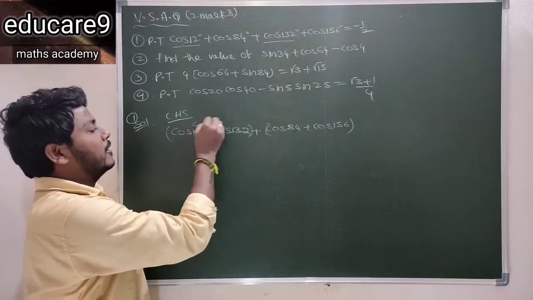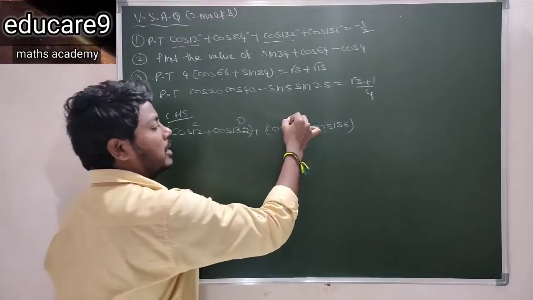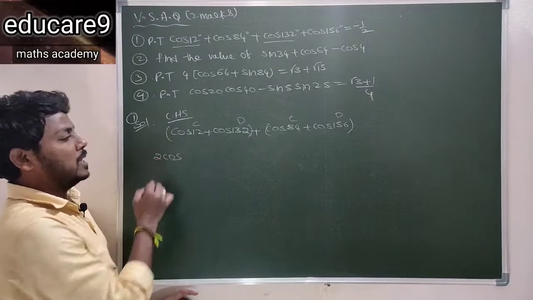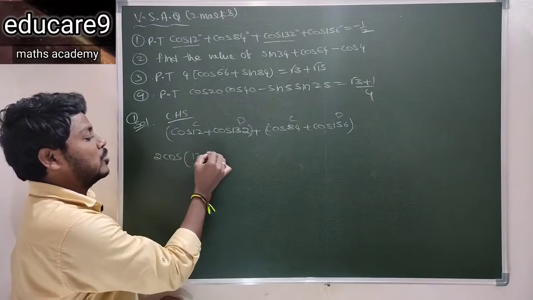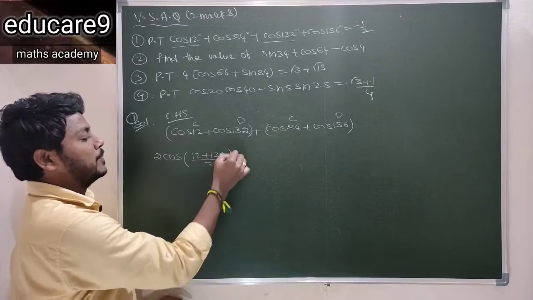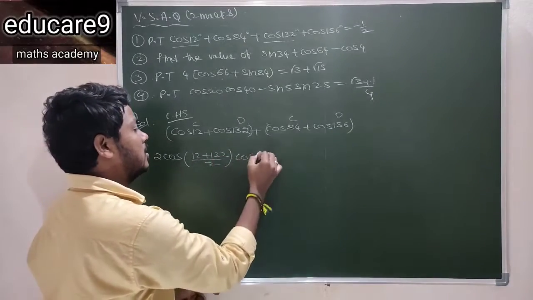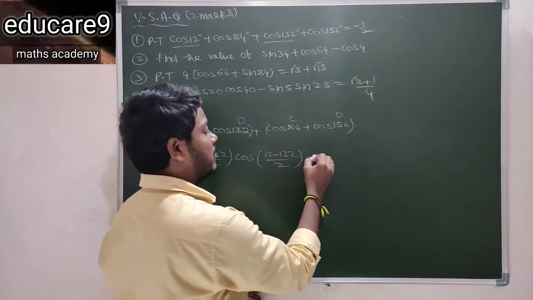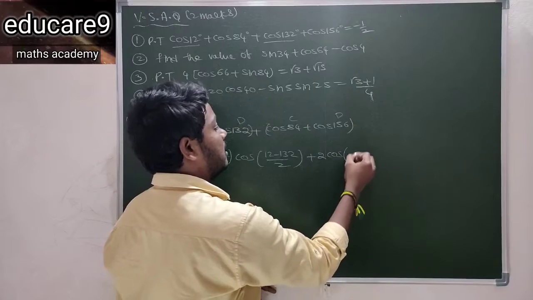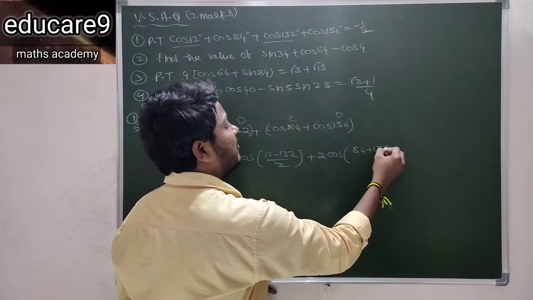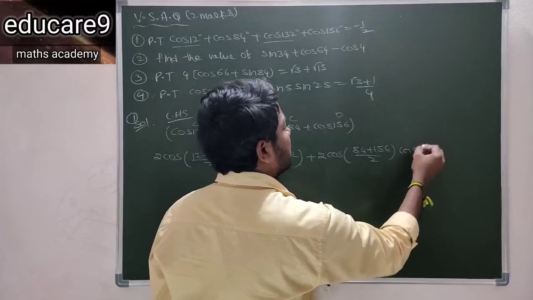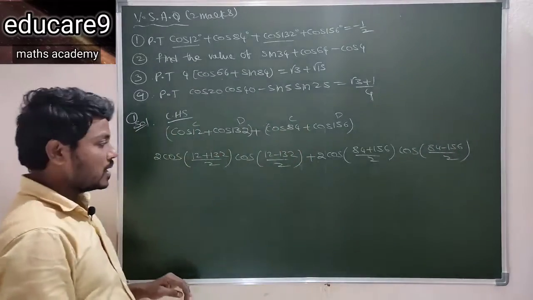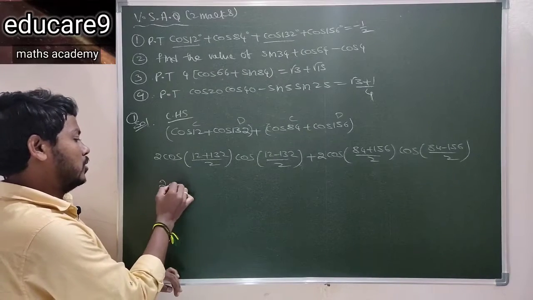Now you have to apply the cos C plus cos D formula. Here also the cos C plus cos D formula. So what is that? 2 cos C plus D by 2, that is 12 plus 132 by 2, and cos 12 minus 132 by 2. Here also same: 2 cos 84 plus 156 by 2, cos 84 minus 156 by 2. So this is 2 cos